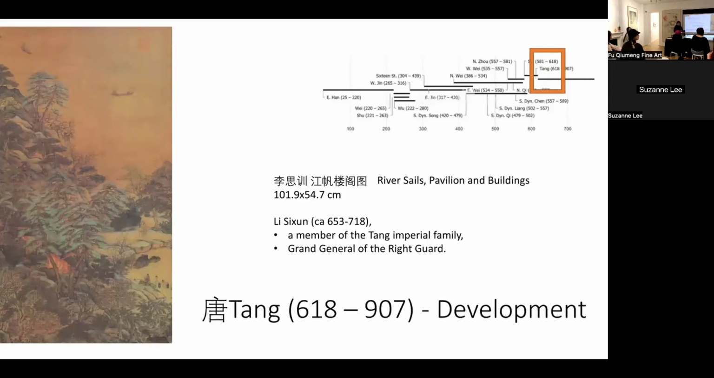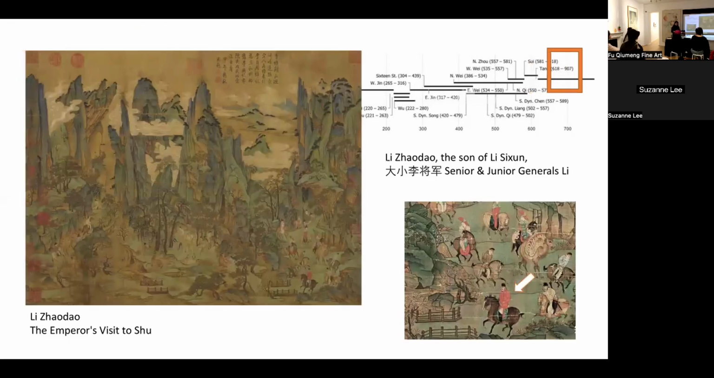Then we move to the Tang Dynasty, which is a further development of blue-green landscape. The most famous artists in this period are Li Sixun and Li Zhaodao. They are father and son. This painting is by Li Sixun. He was actually a member of the Tang imperial family, and not a professional artist, but a grand general. And this painting by Li Zhaodao, the son of Li Sixun, describes